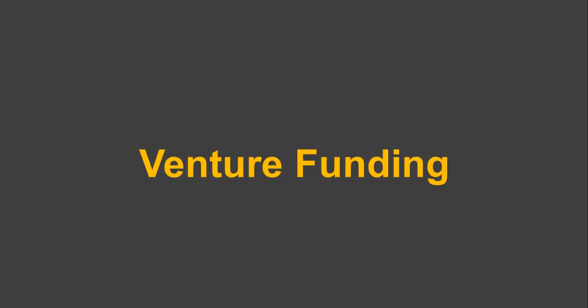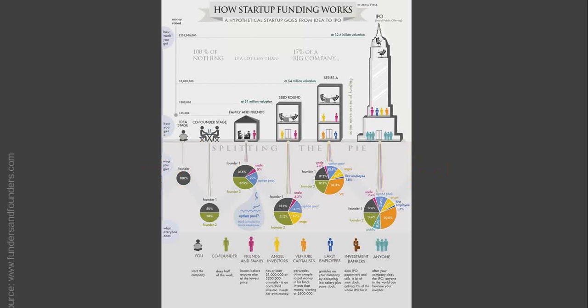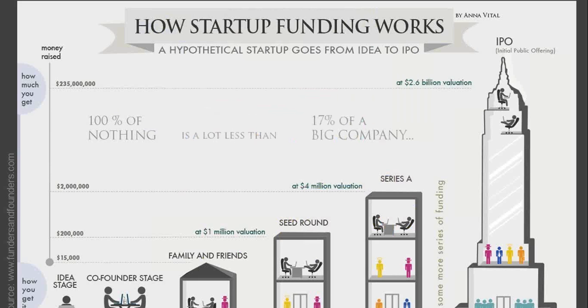So if you think about venture funding, it's important. It's not just like I raise yes or no. There's a lot of different cycles in that fundraising process, and we'll talk about that later. Here's an interesting infograph from fundersandfounders.com. It's a bit complex here, but let's focus on the top there, which looks at the various stages. In the early days you might have just a simple idea, and you might raise